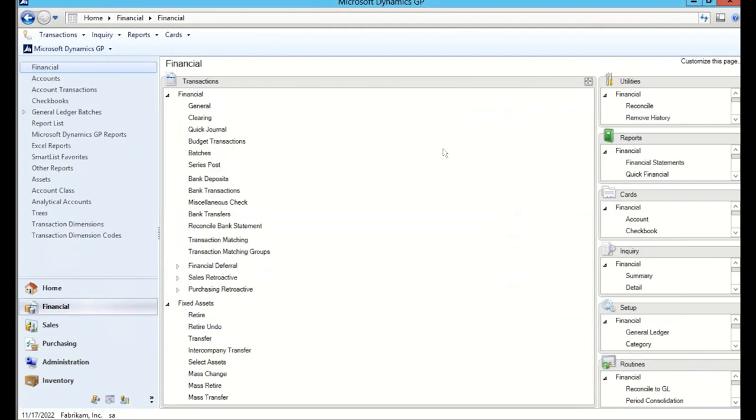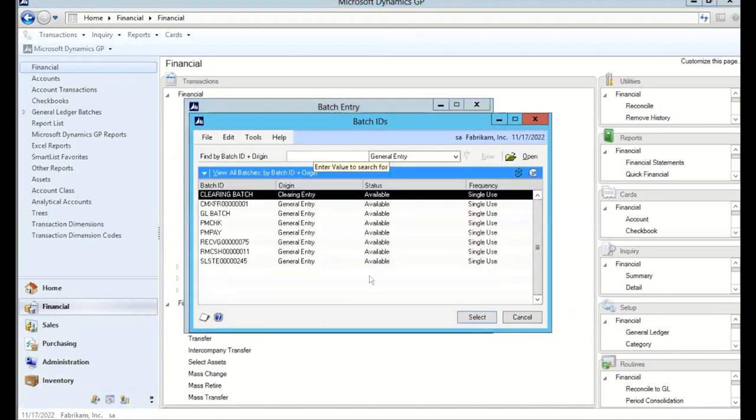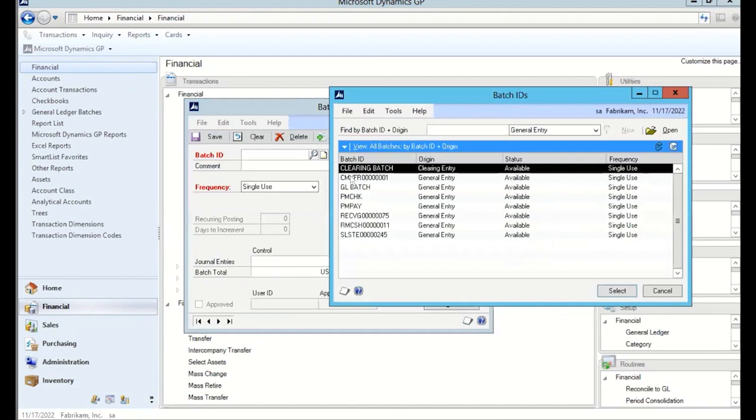Okay, so due to the error that I'm receiving, it's affecting the posting. Okay, so guys, what you should be seeing here, and it's due to the error I'm not currently seeing it, is a PM transaction batch ID. That PM transaction batch ID, you are going to be able to